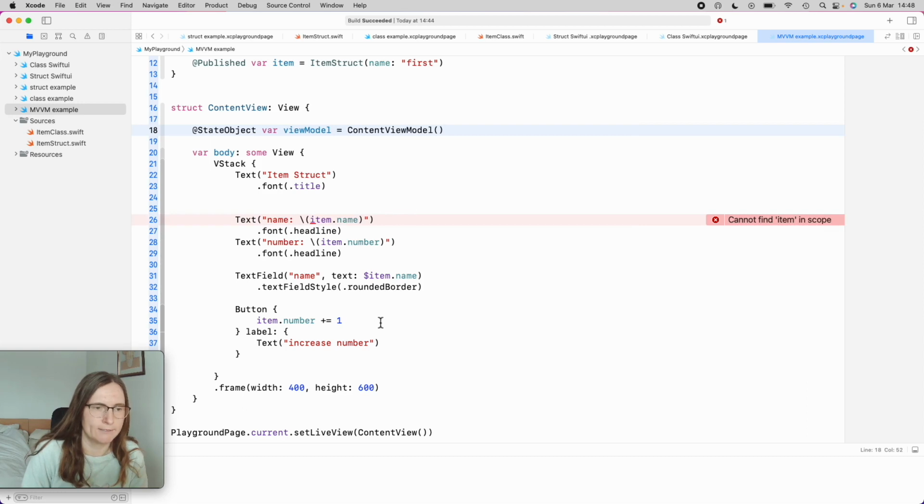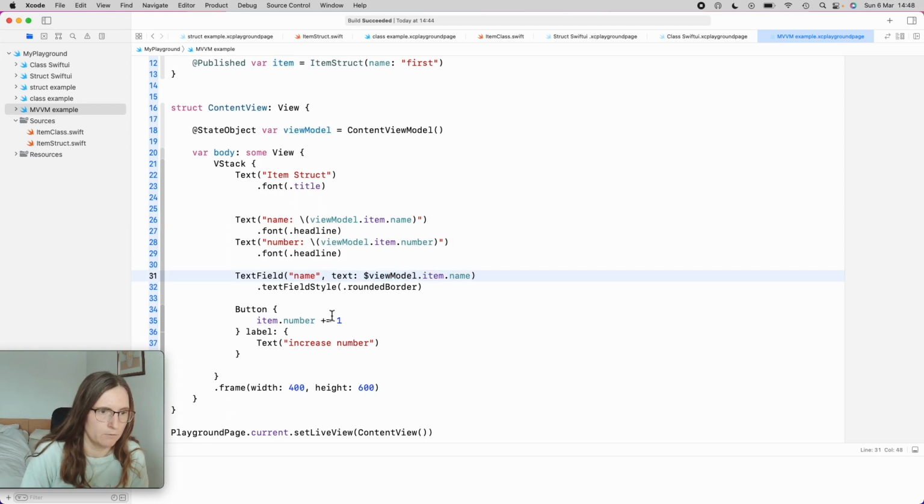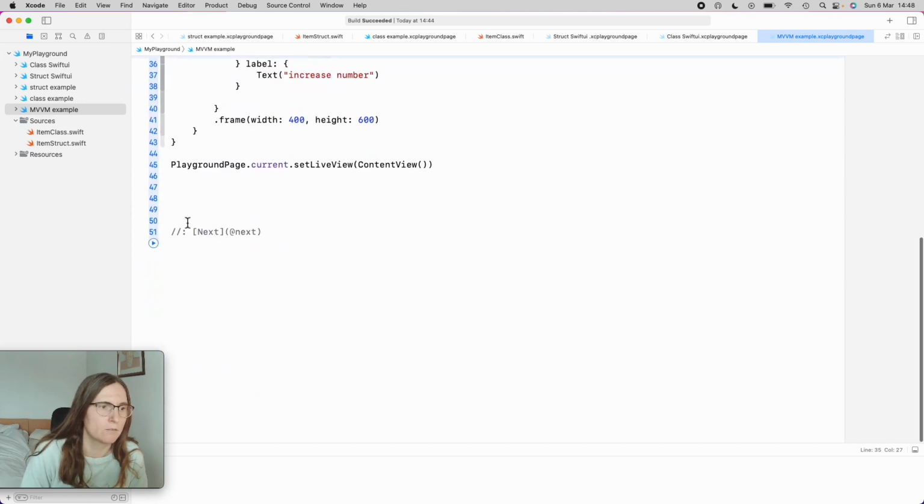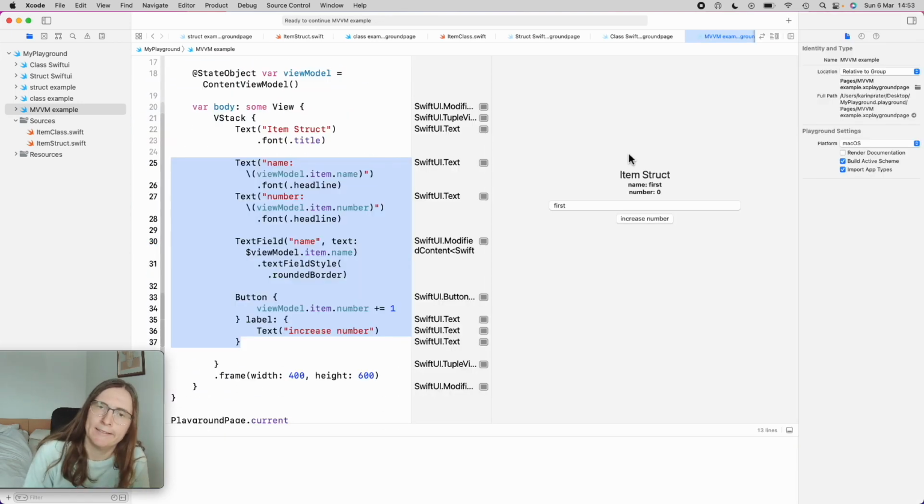Okay, now all the references I have here are to the item that is my view model. So I need to add here viewModel.item. Basically everywhere I have an item, I need to add viewModel in front. Okay, in case it's not running,